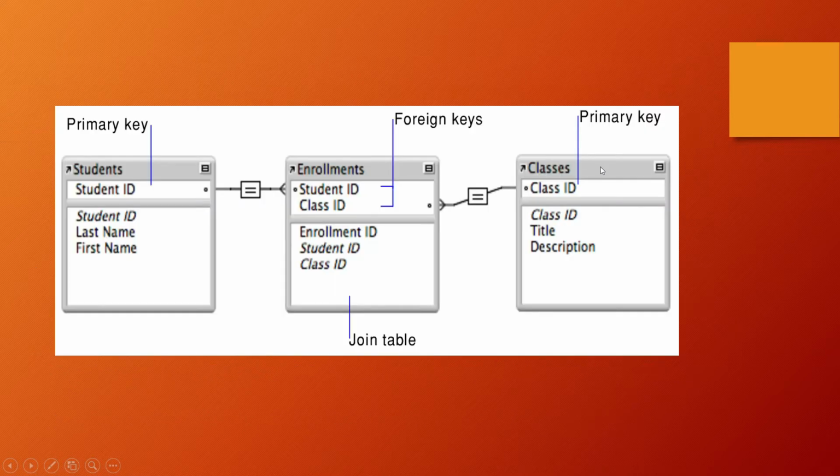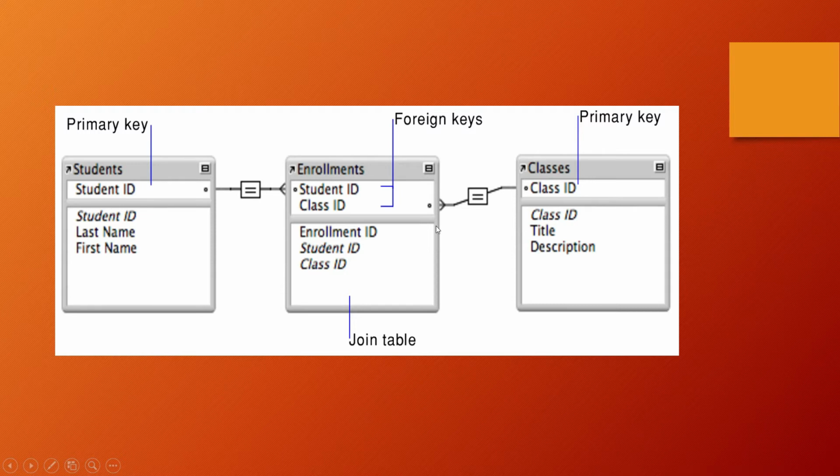So let's understand this with an example. Let's consider two tables, students and classes. We have student ID here as the primary key. We have class ID here as the primary key. When we merge these two tables, students and the classes table, we get a new table. We named it enrollments, and this is the join table. We have performed this join operation on students and the classes table. So now, it's a normal join. The default join is the inner join.